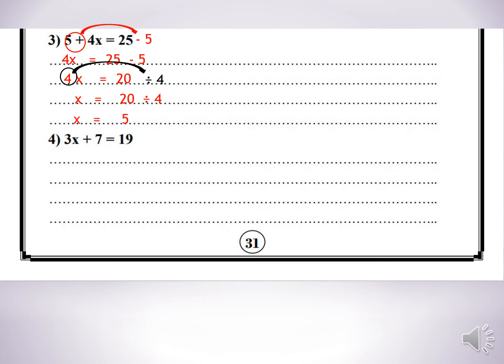In number 4, the first step, when I have 3x plus 7 equals 19, first step, send the number which is not stuck to the x to the other side with the opposite sign, so it will be minus 7. So 3x equals 19 minus 7, so 3x equals 12. And then the second step, you have to send the 3 to the other side with the opposite sign, so it will be x equals 12 divided by 3. So the value of x is x equals